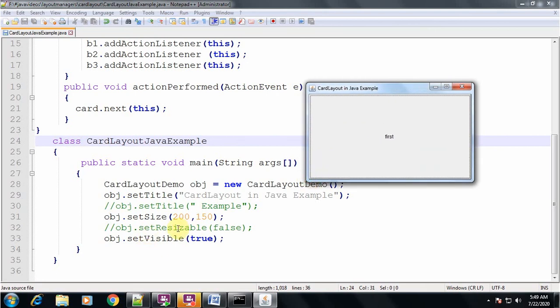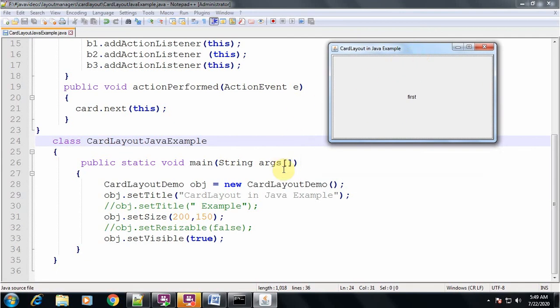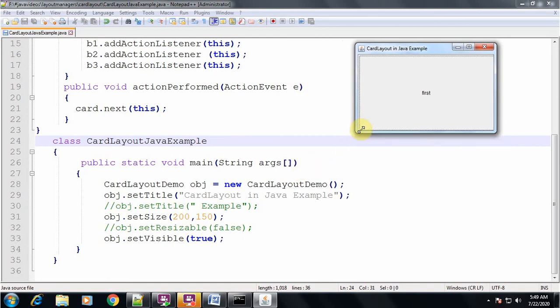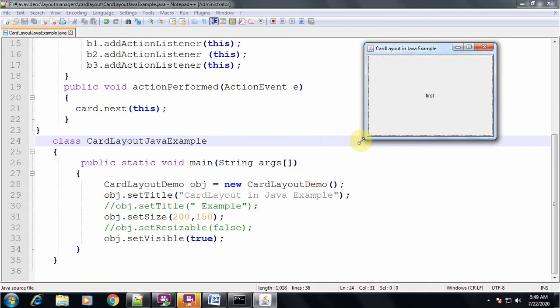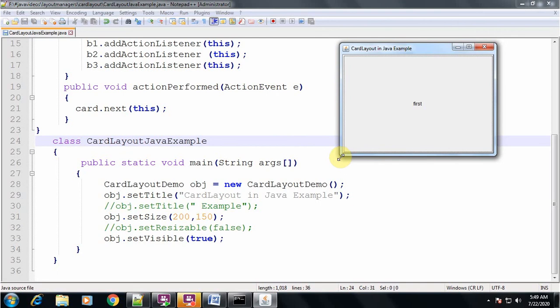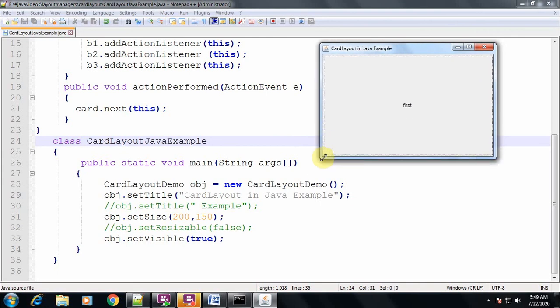So setResizable, setSize, setTitle and setVisible, all these methods belong to the Frame class. Did you understand this constructor? When the default constructor is used, there is no space horizontally or vertically. And if setResizable is false, you cannot resize. But by default it is true, so you can.